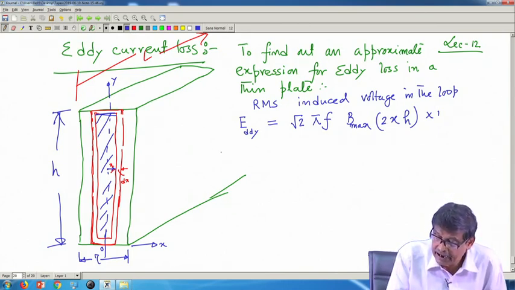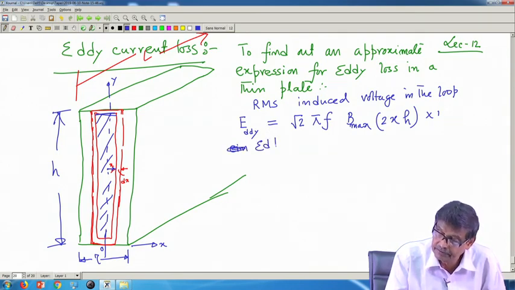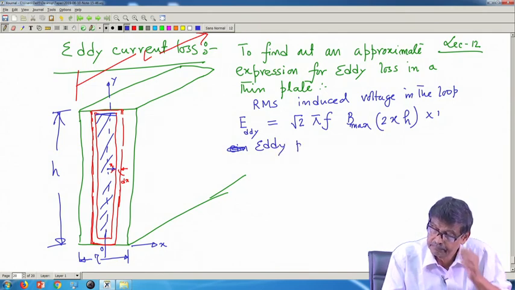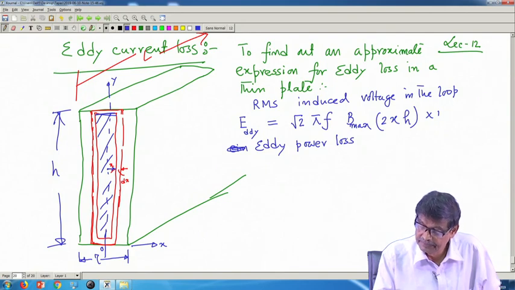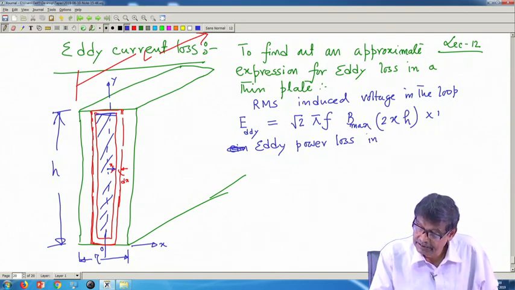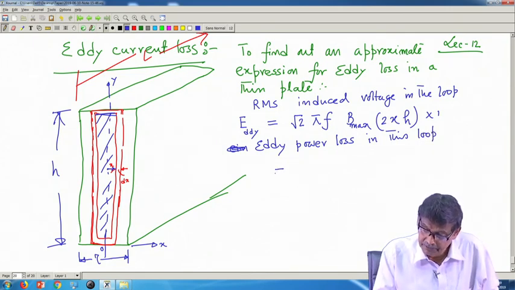Therefore, eddy power loss in this loop will be equal to,